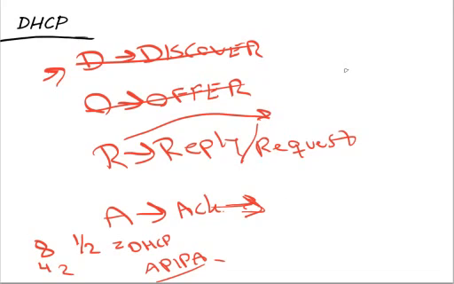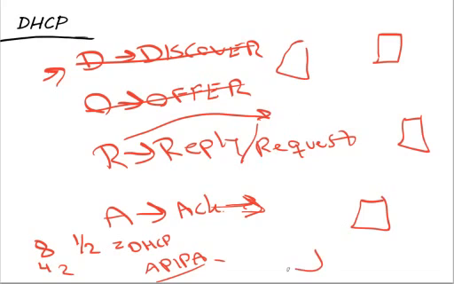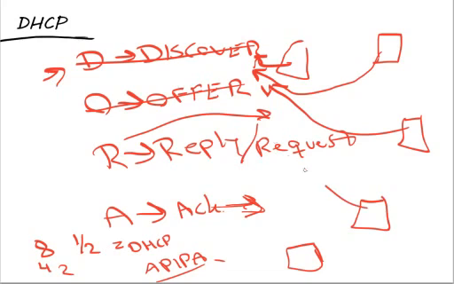So there's one more thing I want to have in here. If you have multiple DHCP servers on your network, you might have 2, 3, 4, whatever. When the computer goes out yelling, hello, is there a DHCP server out there that can give me an address? All these will reply with an offer. So the computer will actually get several offers,